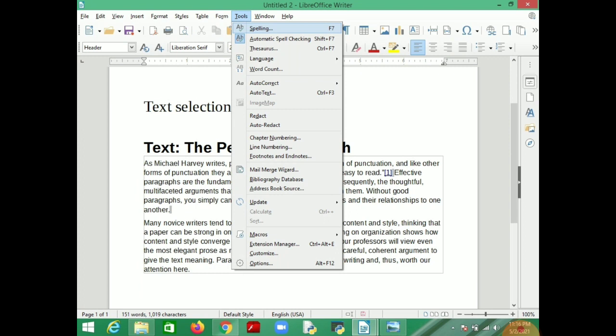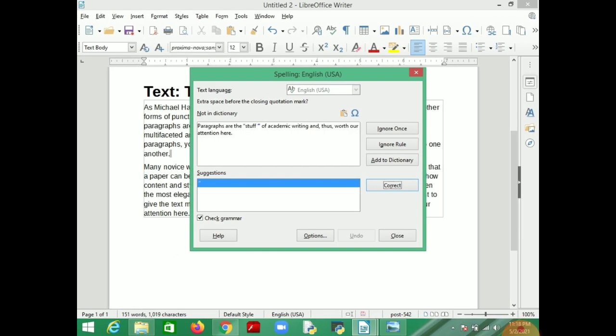So using Writer document, you can also check the spellings of your text, your report, story, or letters. Spelling check is given in Tools. You can also use the shortcut F7. Press Spelling or click on Spelling, then a dialog box will appear.